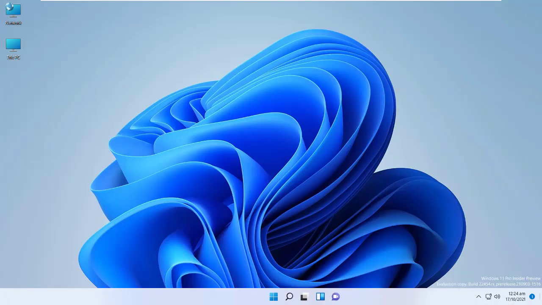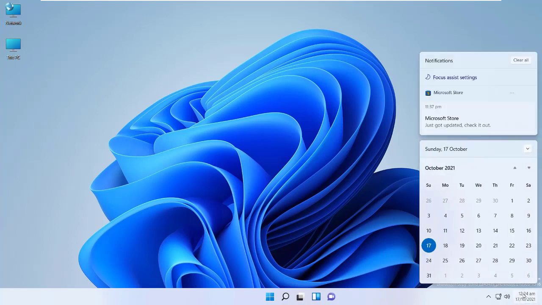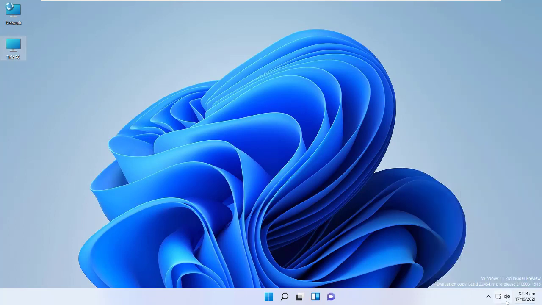On the right side of the taskbar, we have a quick access area, and here you can see I have a calendar, time and date. I just click on this. It will open your calendar, and you can change your date and time or something else. Beside the time and date, I have a group of two buttons.